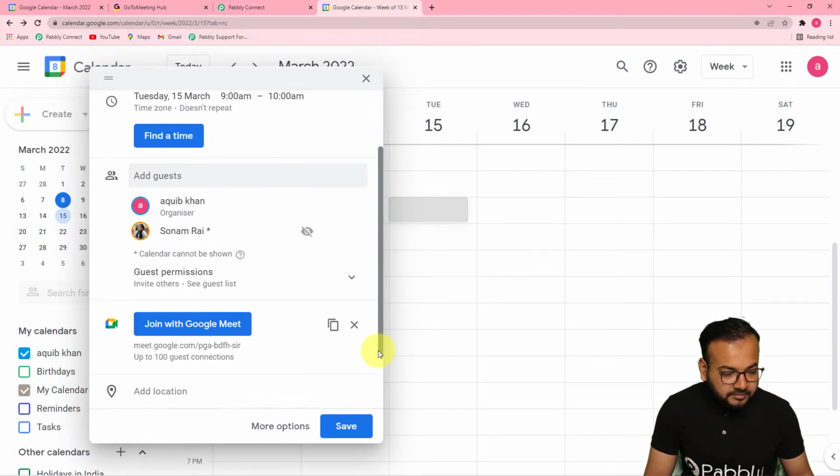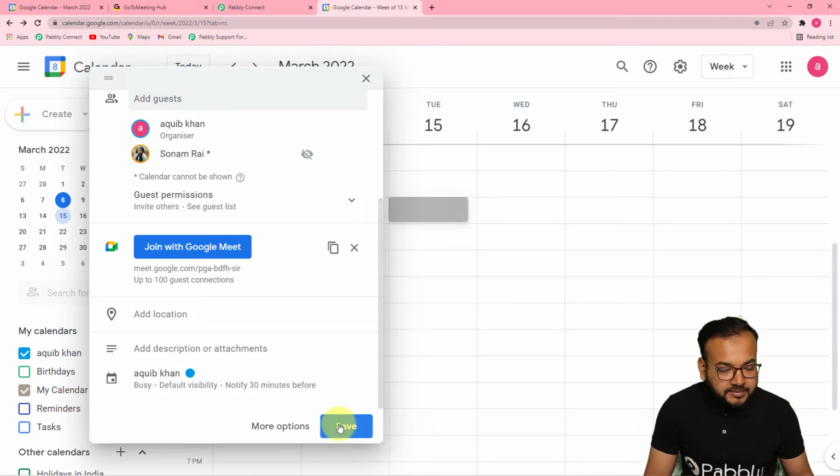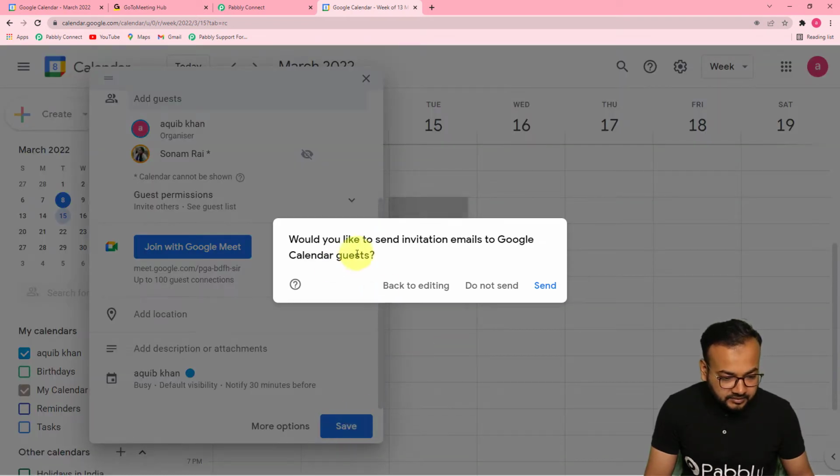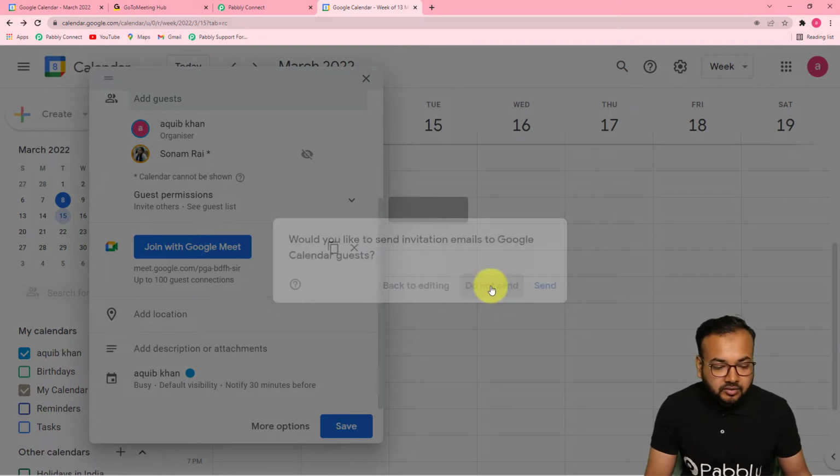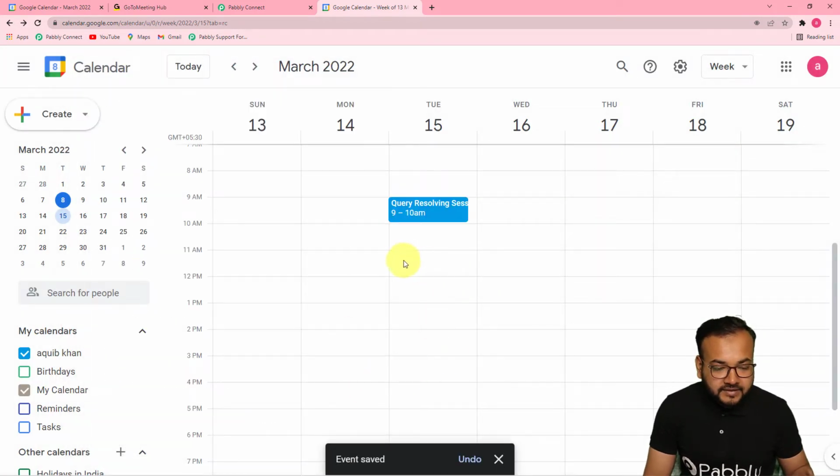And yeah, that's it. Now I'm saving this. So here you can send the invitation for this event to your guest also. Right now I am not sending any invitation. This is just a demo event that I'm creating. So I'm clicking do not send, and I have saved this query resolving meeting event here at 15th of March